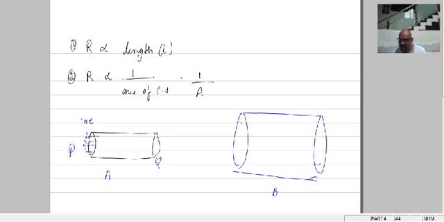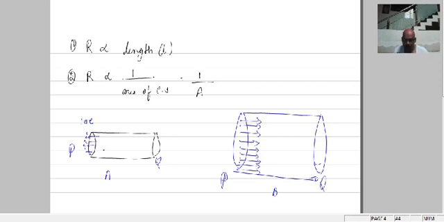Whereas if I give the same task here, with 10 electrons, every electron will have its own path and can move easily. So the resistance will be less. Imagine 10 bikes moving from end P to end Q, and every bike has its own lane. The chance of collision will be minimized, whereas in the narrow conductor the chance of collision will be more. Therefore, with the increase in the cross sectional area, the resistance will decrease.